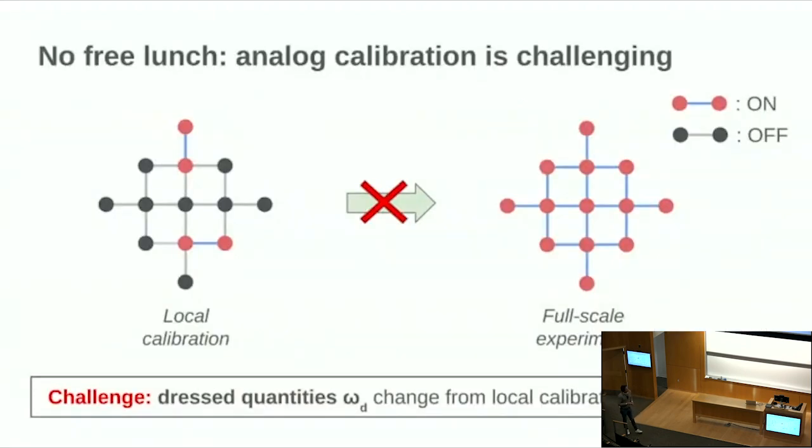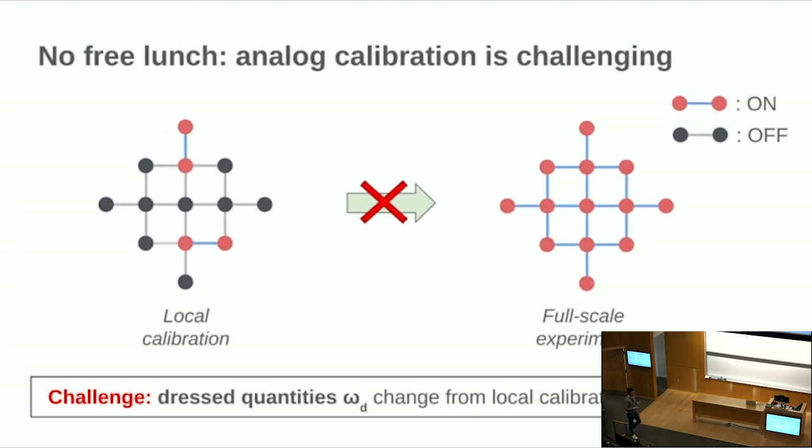Okay, so I'm listing all these great advantages of analog and of our Transmon platform. But of course, there's no such thing as a free lunch. And in this case, really the big obstacle is that analog calibration is very challenging in our platform. The explanation for that is quite intuitive. We want to perform some kind of local calibration, as you see here, preferably pairwise, 2 and 2 qubits. We want that in order for this to be scalable.